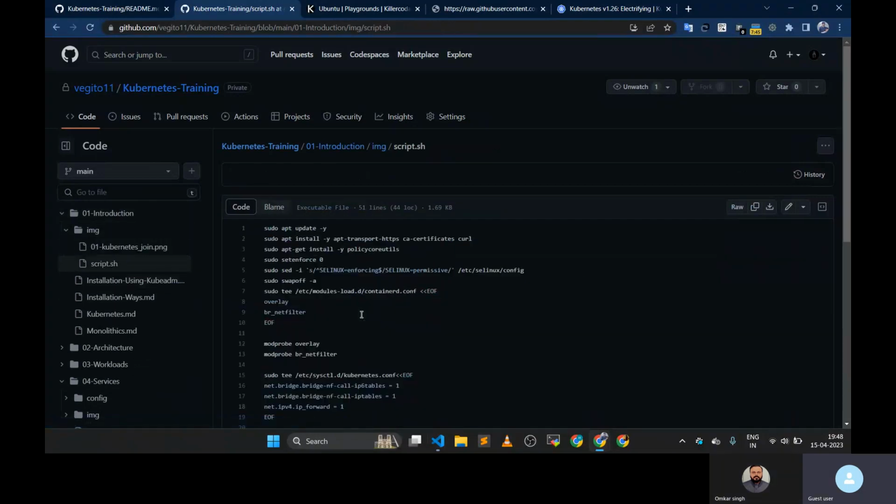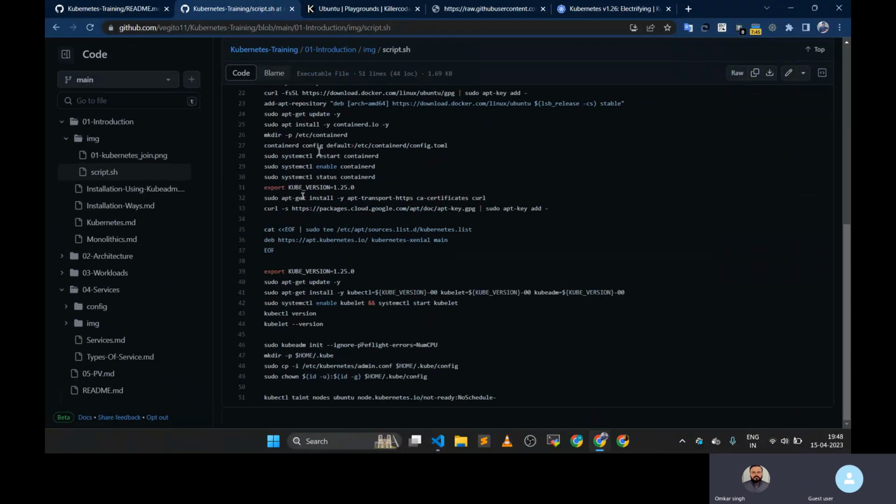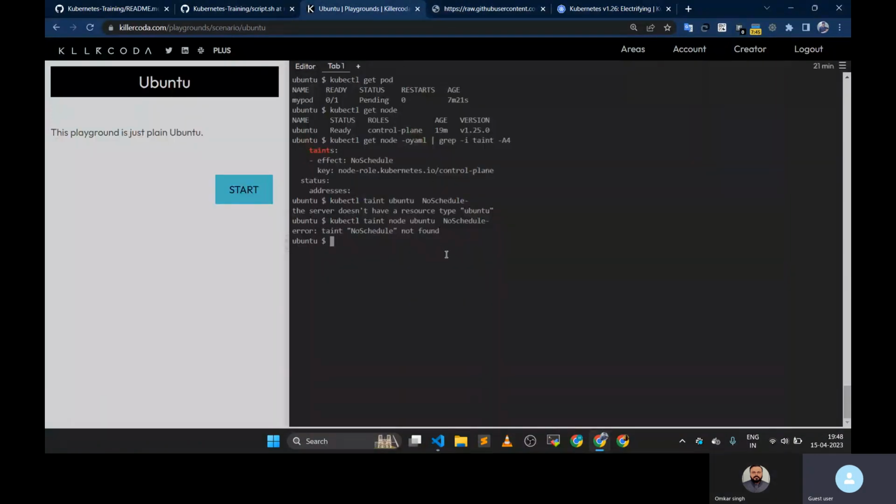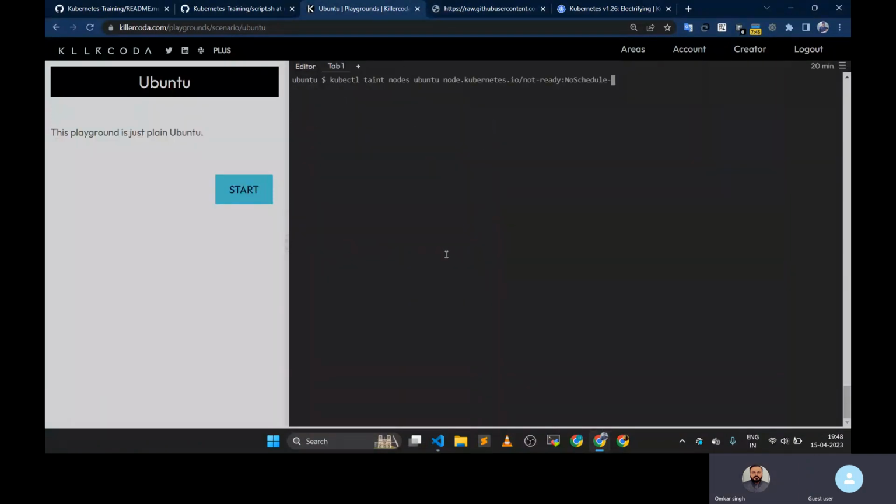I also created a script for you. If you want, you can use the script to install all these things. So if you add this particular taint, or if you remove this particular taint from the master node,